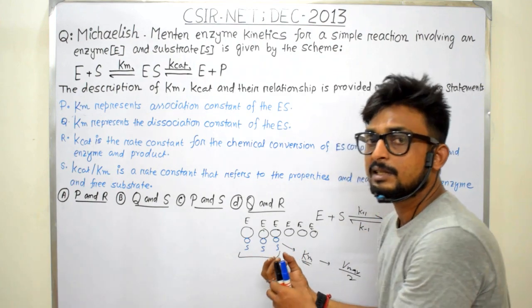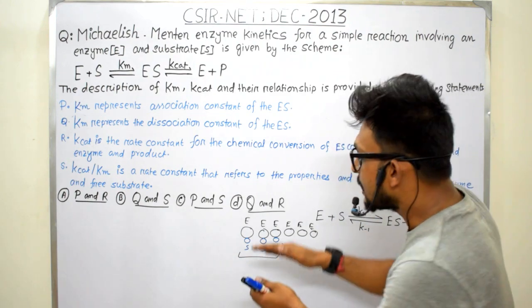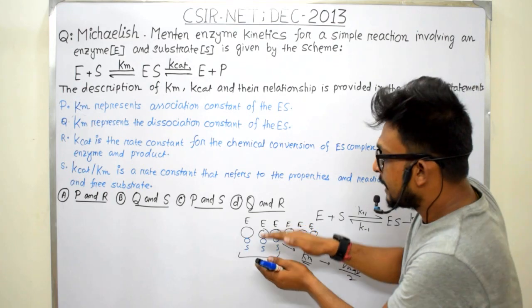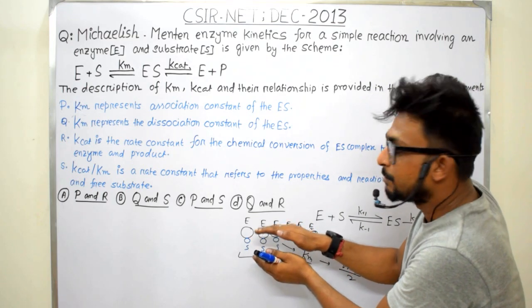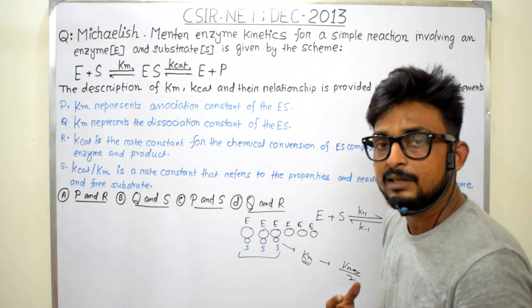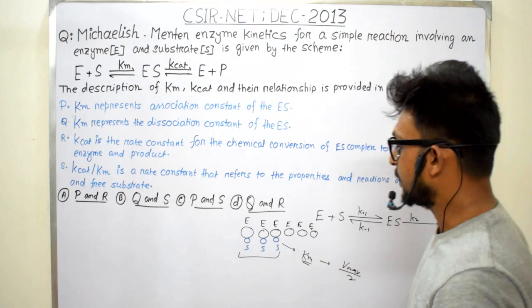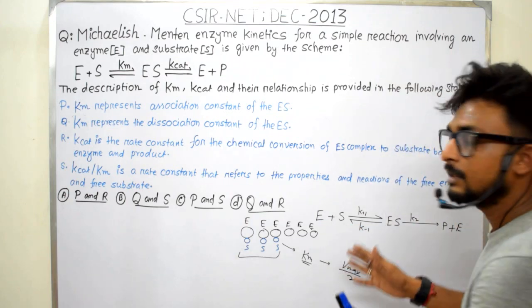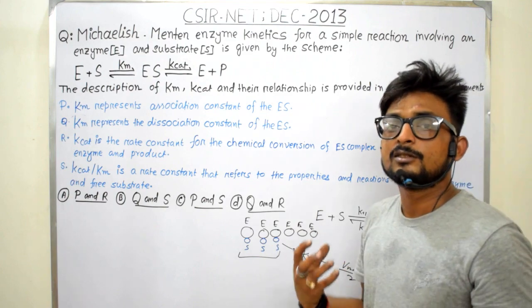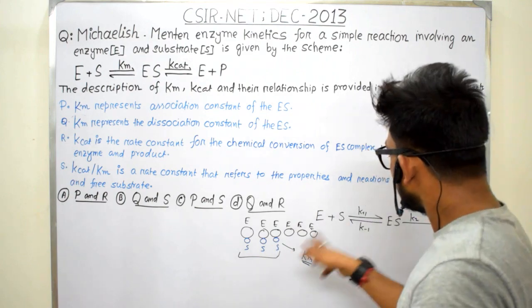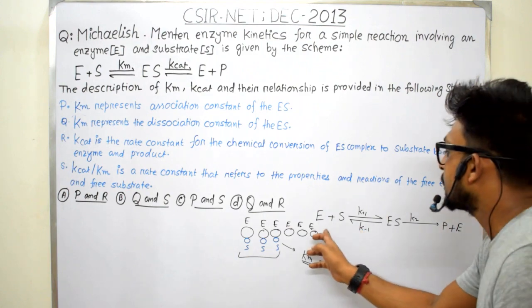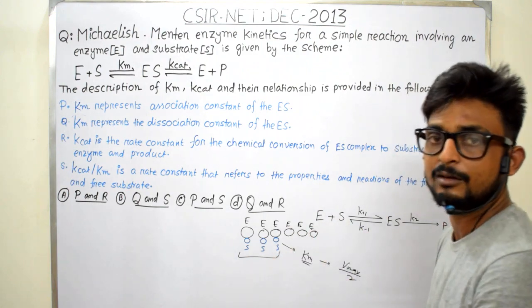because if the reaction is getting half of its maximum velocity, that means half of the total amount of enzyme is saturated with substrate, right? And if the substrate is bound with the enzyme with a very strong bond, in that case it will be converted into the product, and if the binding affinity is not that strong, then the substrate will be released back from the enzyme substrate complex,